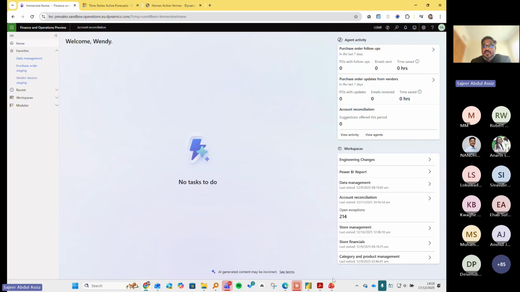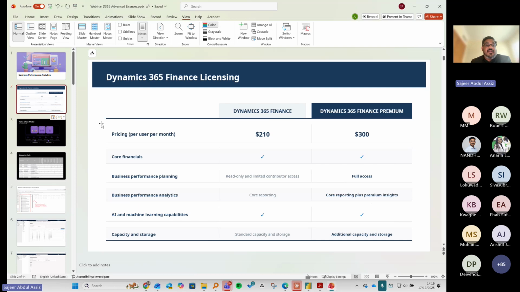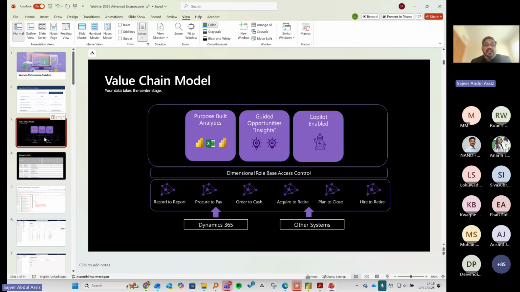So let us now delve into the topic which we are focusing on as part of this session. This is D365 performance analysis. So how it will help in terms of